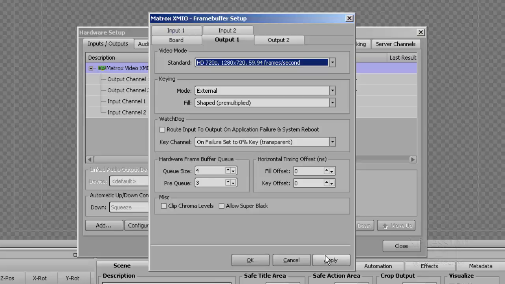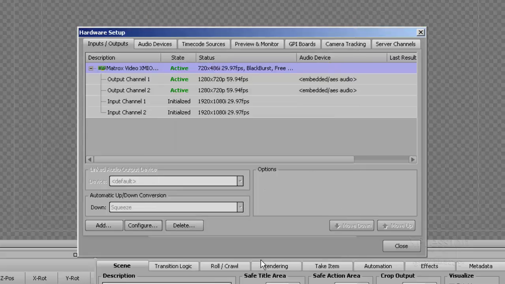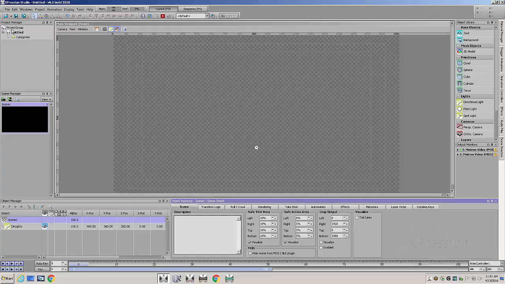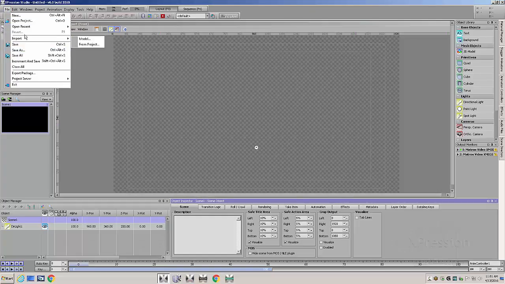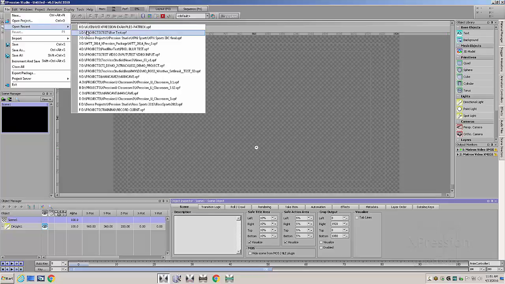This is the way that I would probably set this up to make sure that I have everything working in the proper video standards. I would click OK, and it will set the board, and then OK to close it, close that application, and then whatever project I go to open after that is what I go to work with.